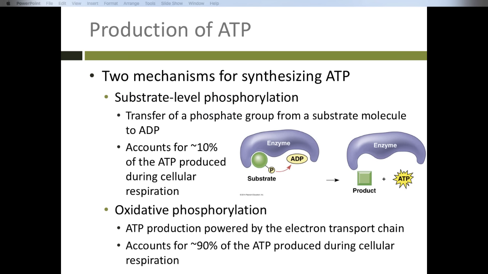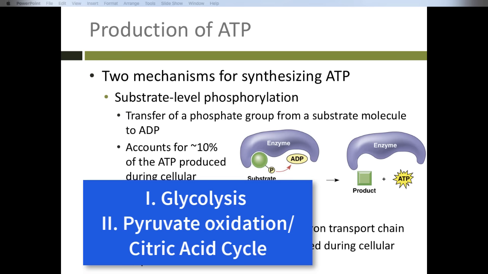There are two mechanisms for making ATP. Both of them involve adding a phosphate to ADP to create ATP. Substrate level phosphorylation involves transferring a phosphate from a substrate onto ADP. This makes ATP. We see this type of ATP production in the first two phases of cellular respiration, glycolysis and